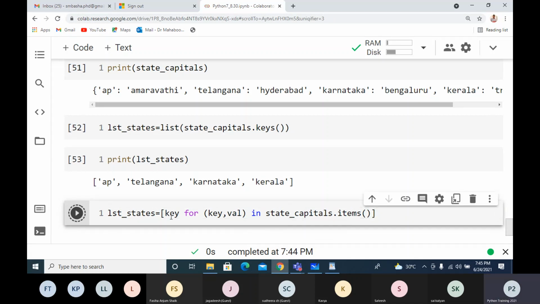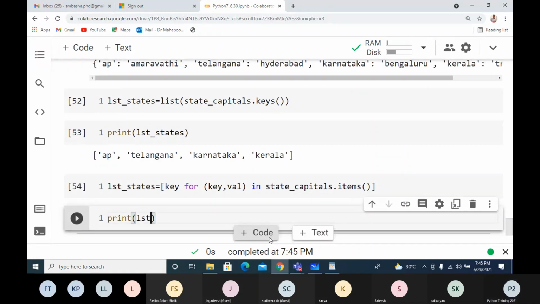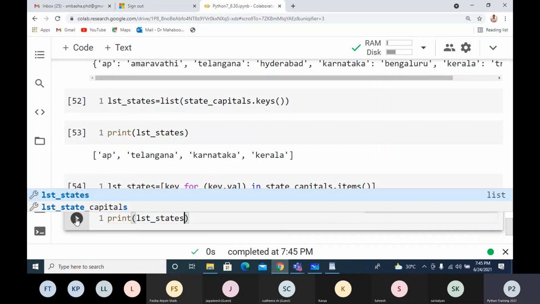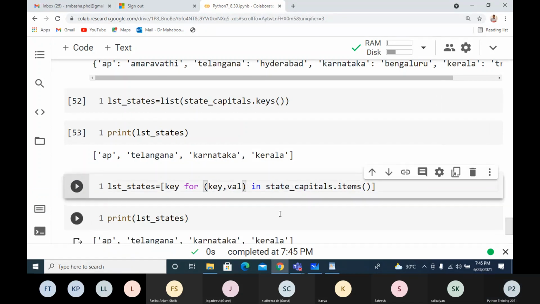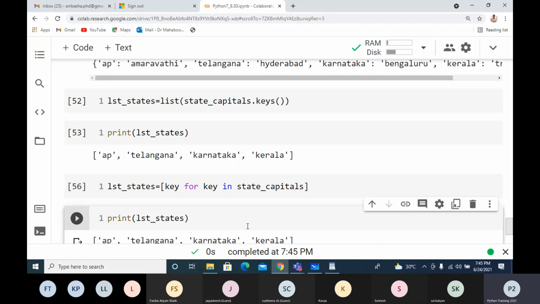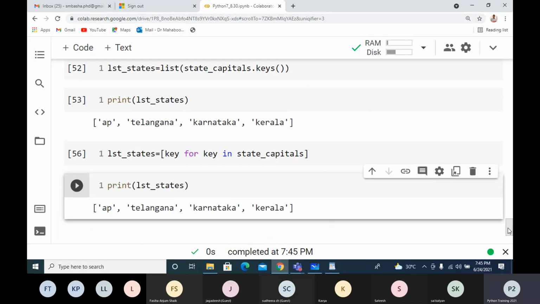But I'll get it. So print LST states. So I'm getting it. Or instead of this, I'll take for key in state capitals. This way also I can write, so I'll get the states.